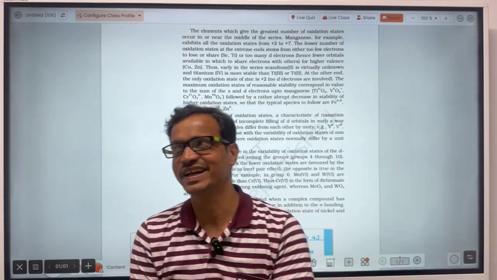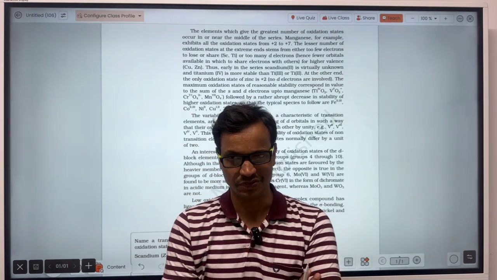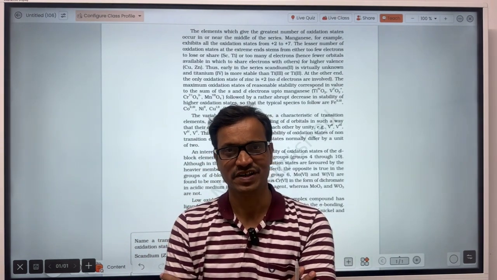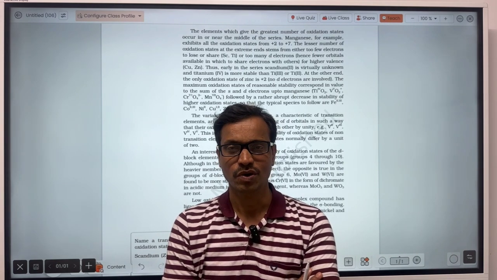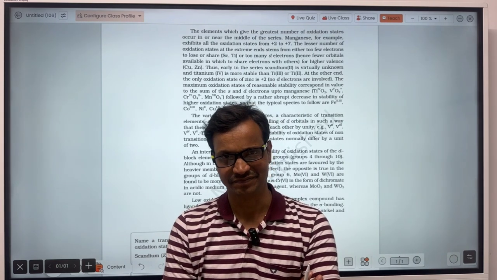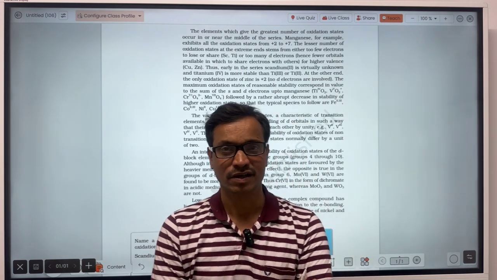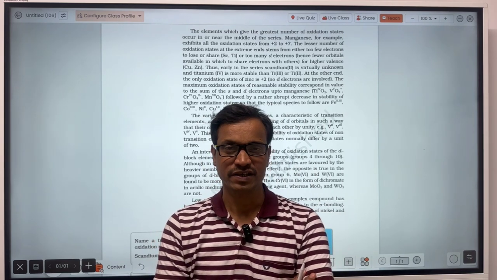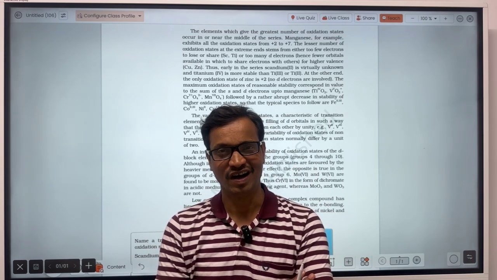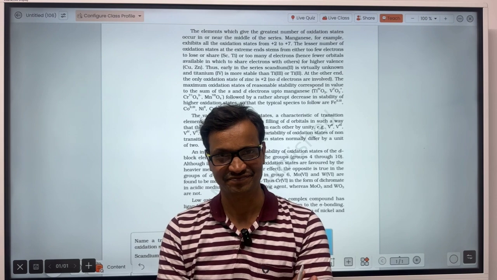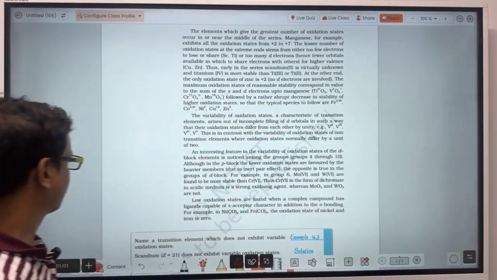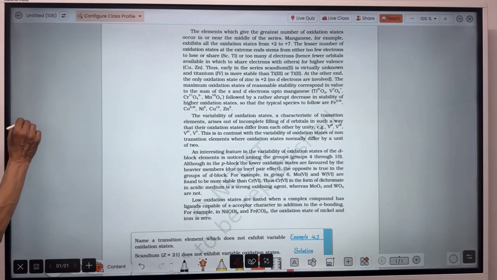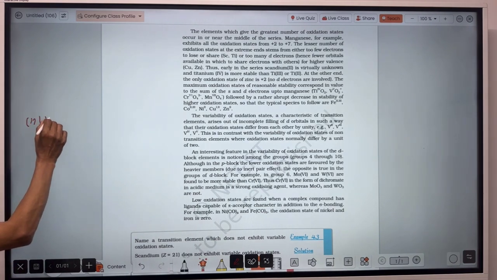The heavier elements of p block have the tendency to show lower oxidation state, while the d block elements have a greater tendency to show higher oxidation state. Why does that happen? We will discuss later on also. But firstly, write this point that unlike